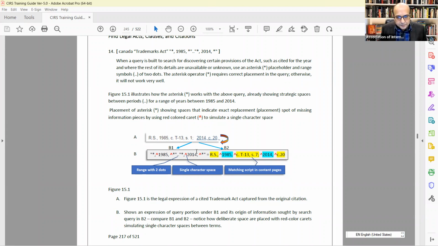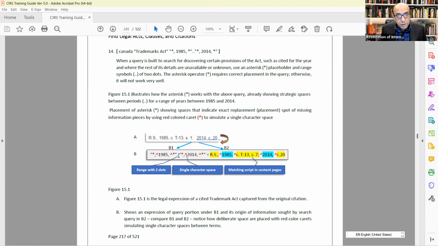And supposing you don't quite remember the range or anything associated with what is followed after C, 1985, C, or whatever is following it as a range,